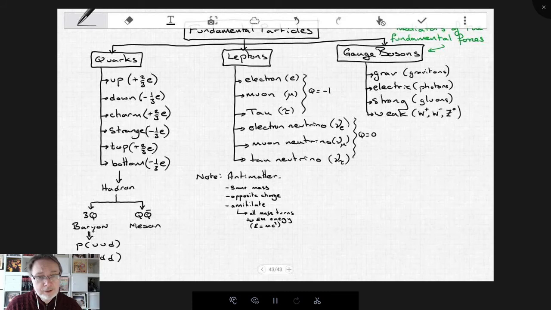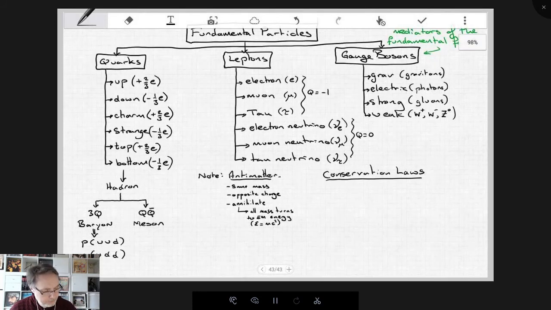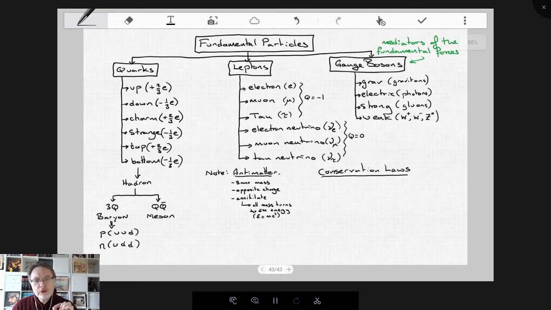Now, one final thing about conservation laws. Conserved quantities in physics are really important because they're almost like a gold standard of ideas. If you're not sure what's going to happen in a particular situation and you're not quite sure how to approach that question, then rely on the fact that there are laws of physics and the conservation laws form part of that kind of structure. There are various quantities that are conserved. For example, total energy, charge, linear momentum, angular momentum.